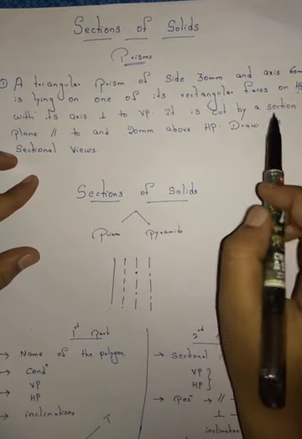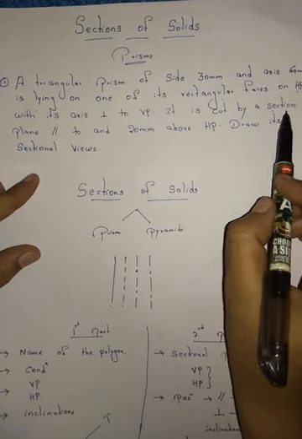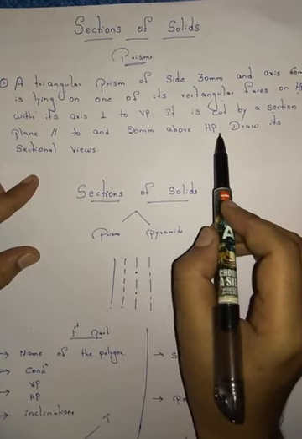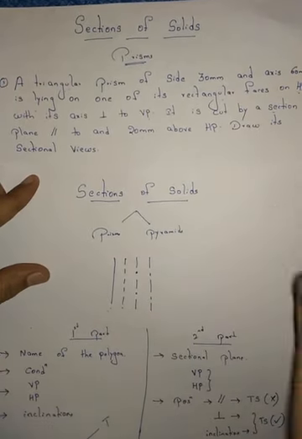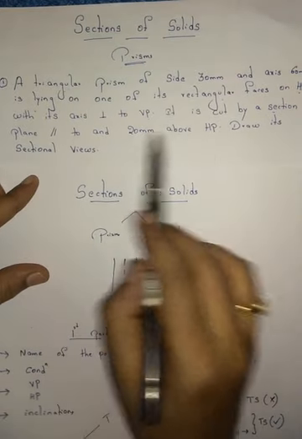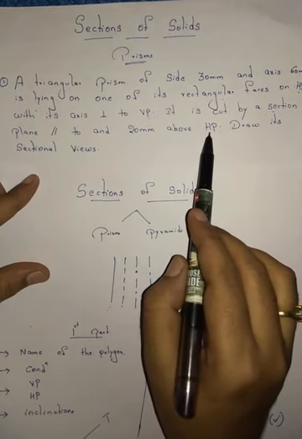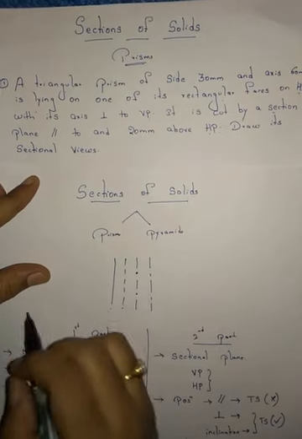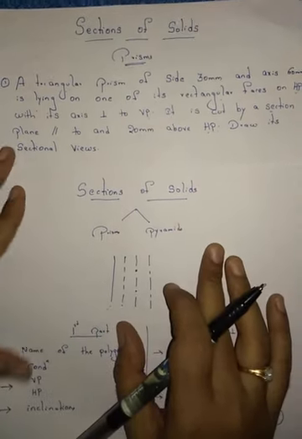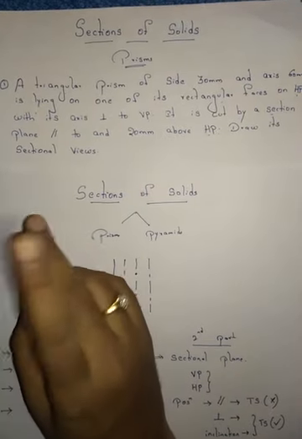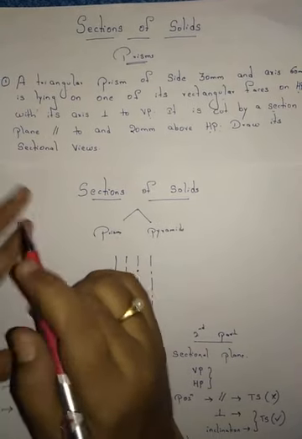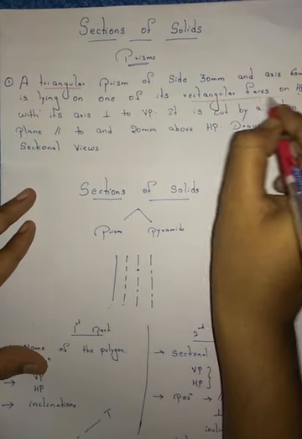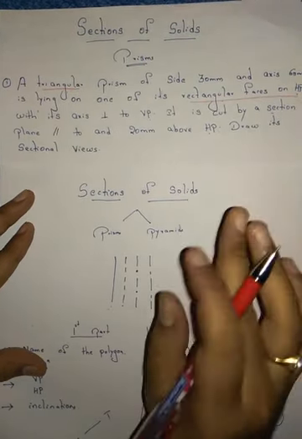The second part is where they mentioned the sectional plane. See, the sectional plane is parallel to and 20 mm above HP. What I said, first where we have to draw the sectional plane. The sectional plane is parallel to HP, right? Then next they will mention the distance, 20 mm above HP. They mention it very clearly, right? You have to construct the triangle such that the rectangular face is on HP. This is the first part of the question.